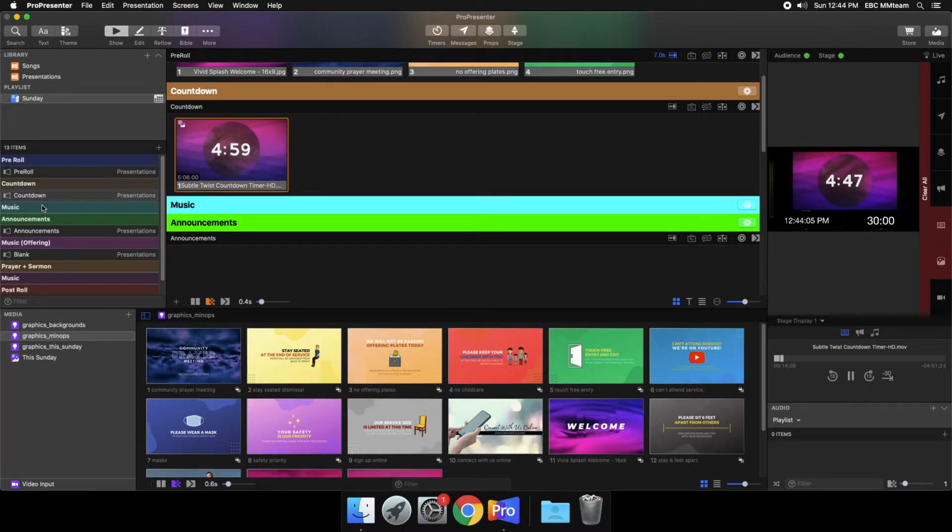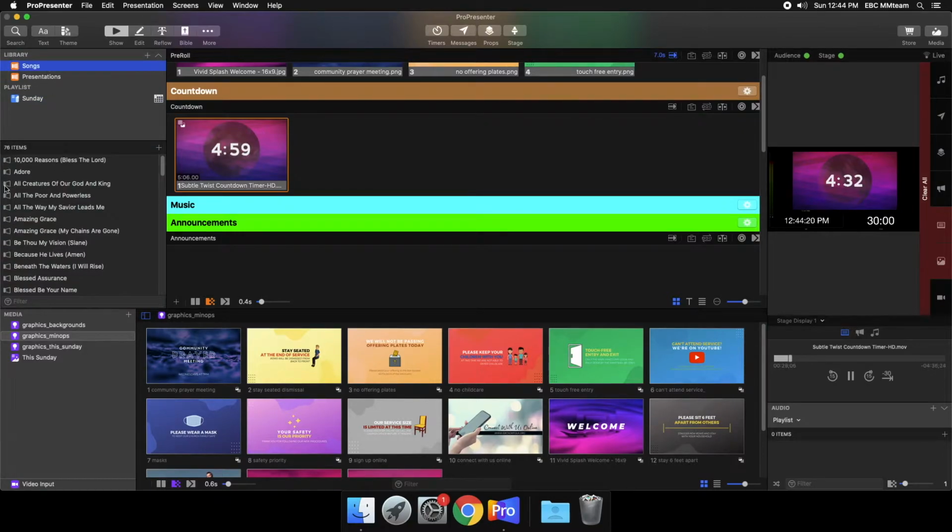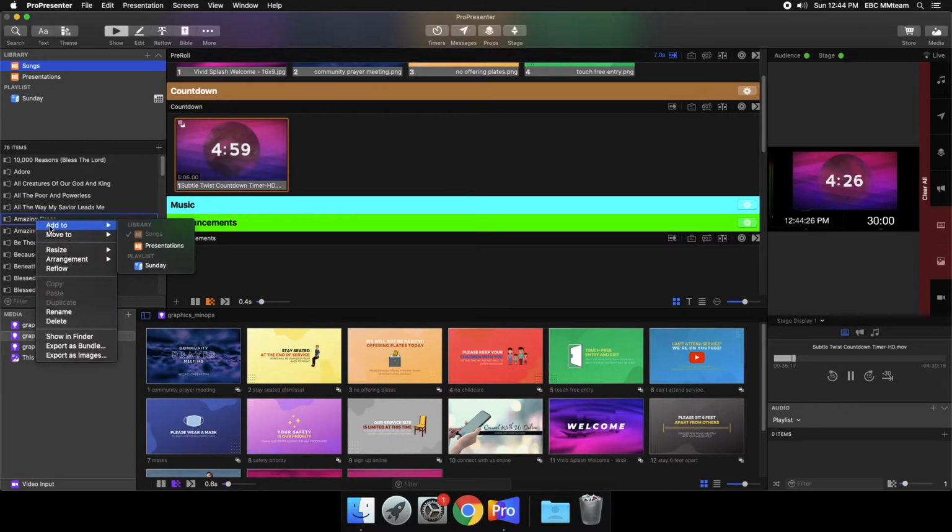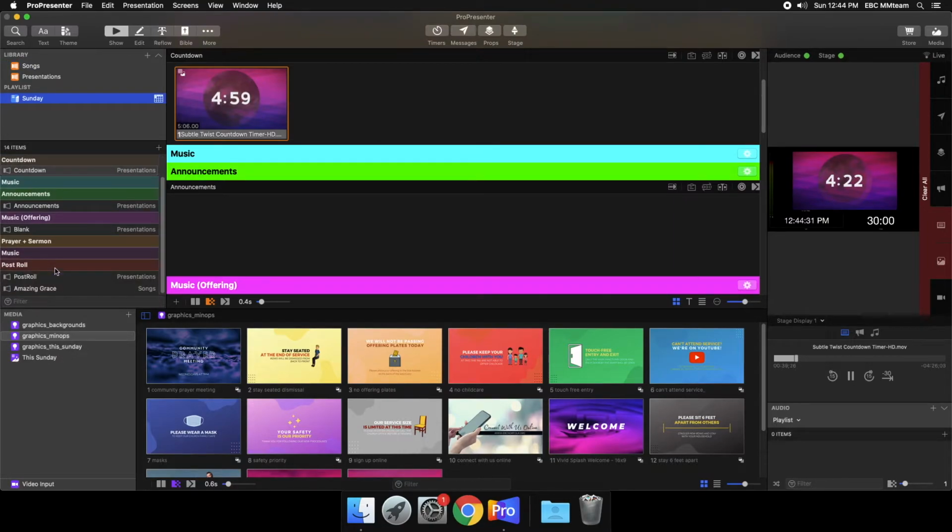All right, so next is music, and you can see there's nothing here because we don't have any music files put in. So this is where we go to our library and grab the songs that we need for this Sunday. So I'm gonna go to songs, and I know that Amazing Grace is one of the songs. So you have two options here. You can right click and hit add to Sunday, and then it'll automatically put it at the very end of the playlist, so you just have to drag it